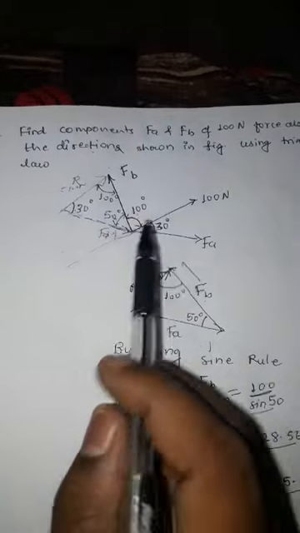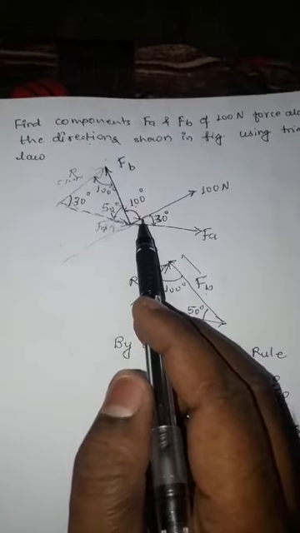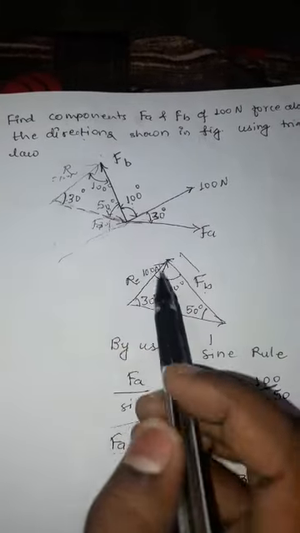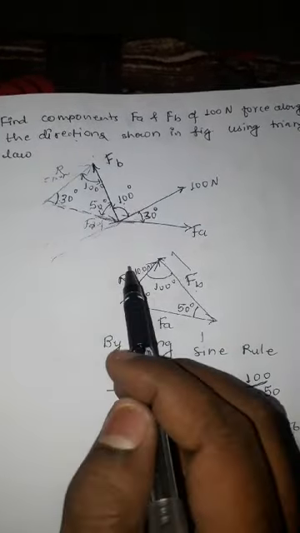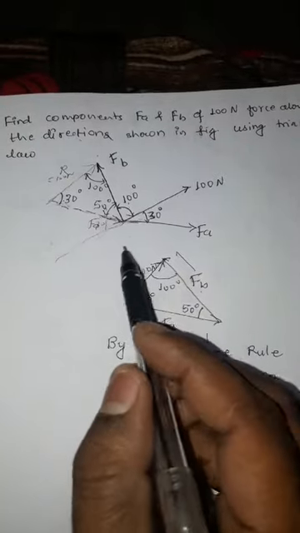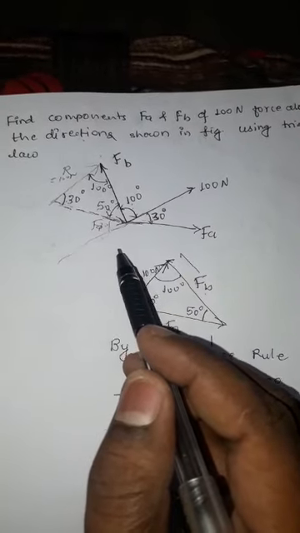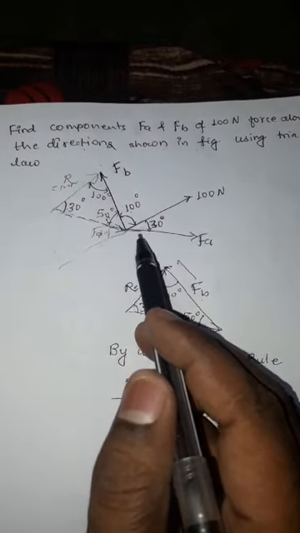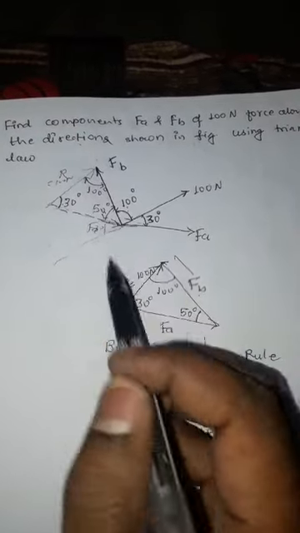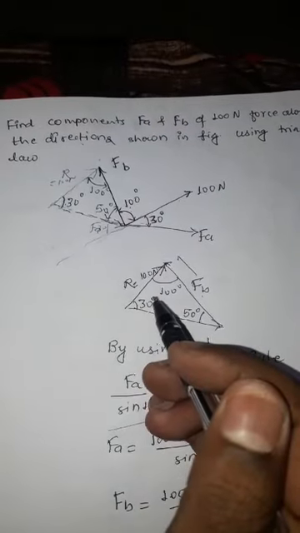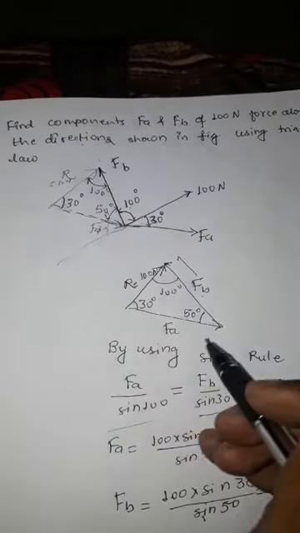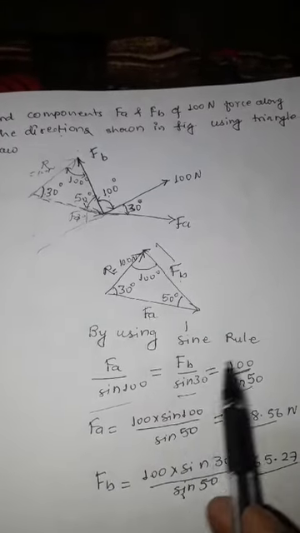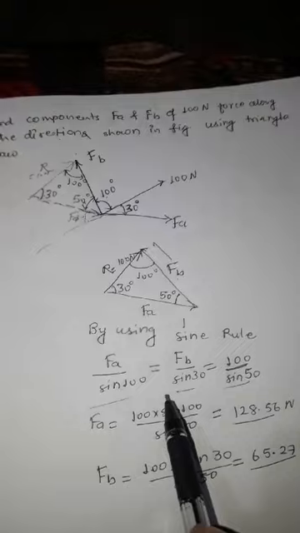So what I have done here, if you see the given diagram, I have just converted that given diagram into a triangle and then applied the sine rule here. To convert it into a triangle, you can draw the triangle as per your flexibility or suitability. I have done it here as per my suitability, how I am going to draw this triangle, and then I am going to apply the sine rule to this triangle.